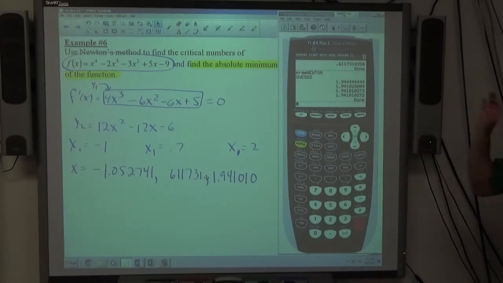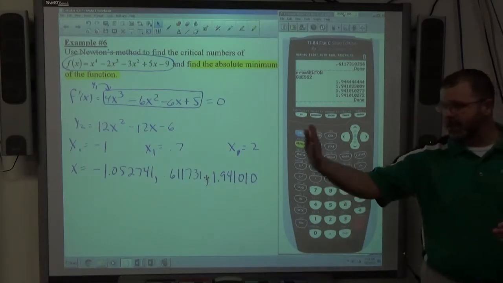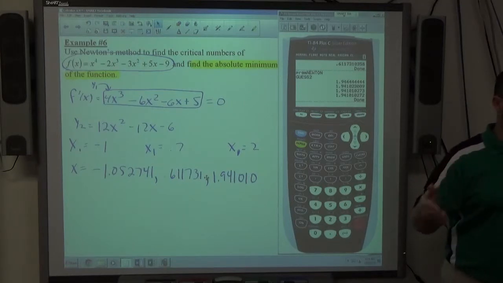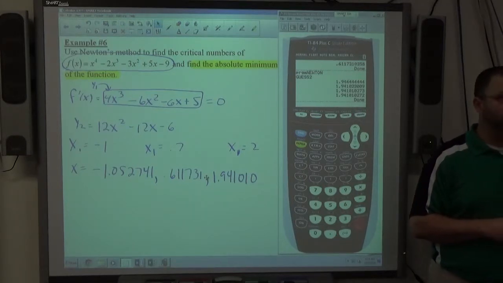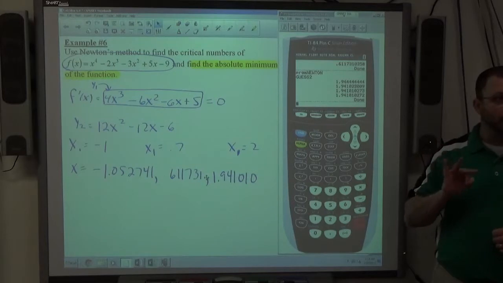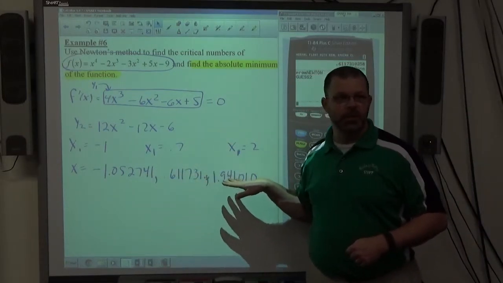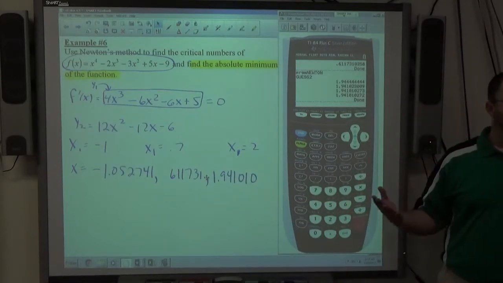So again, if they didn't ask for the absolute minimum, if they just asked for the minimum, or the extreme values, I want to go from negative infinity to the first one, the first to the second, second to the third, third to infinity. Increase, decrease, find max and min, like we did in chapter 4.6, right? They're asking me for the absolute minimum. The absolute minimum happens at one of these three values, and the absolute minimum is the smallest value, right,